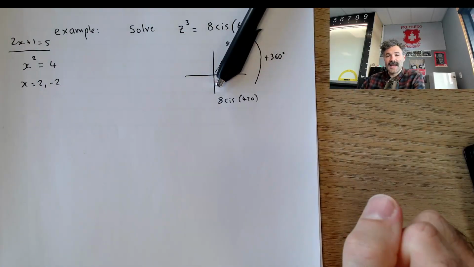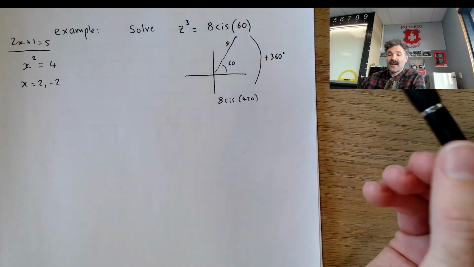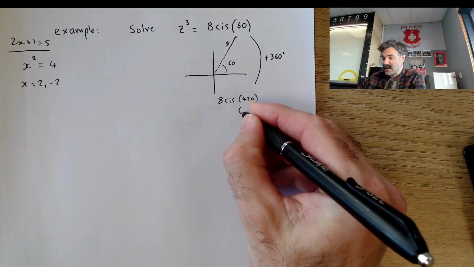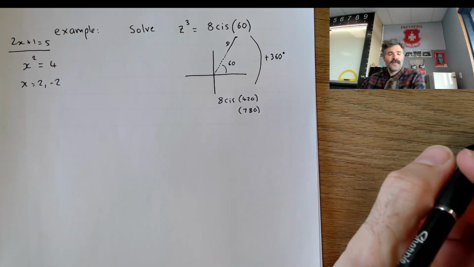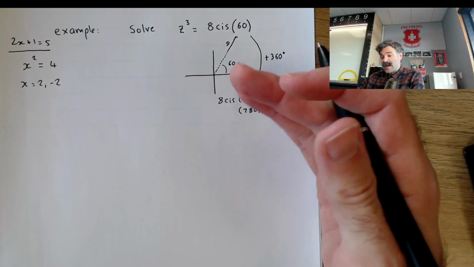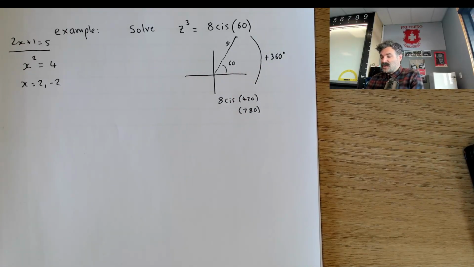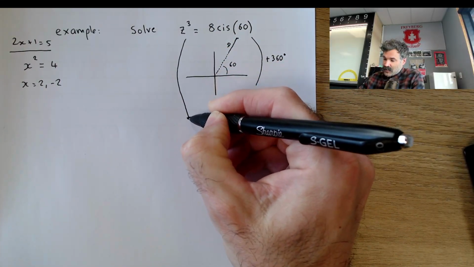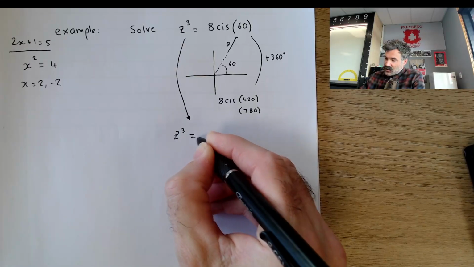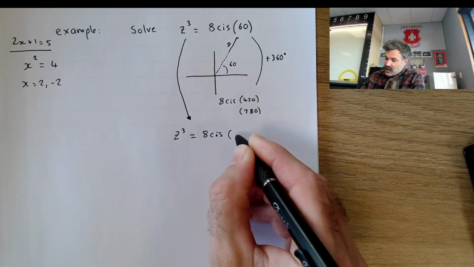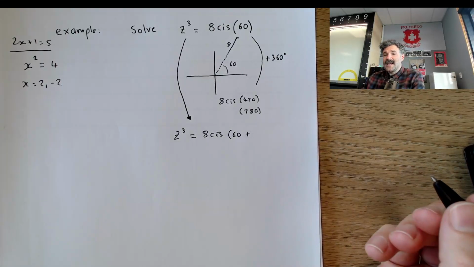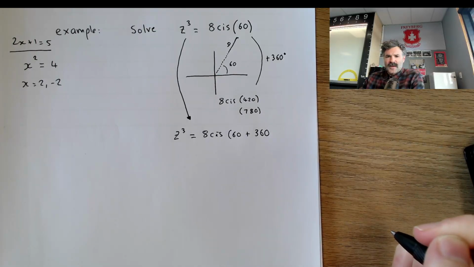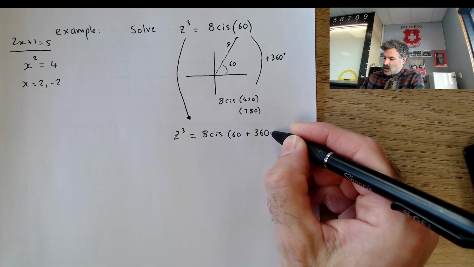As long as the distance is 8, I can add 360 onto this. I could do 2 full circles, so 720, and then plus that 60, so I could write 780 is also the same complex number, and actually infinitely many, just adding on 360. So the first thing we want to do is rewrite this as solving z cubed is equal to 8 cis of 60 plus any amount of 360 that suits you. So plus 360, we're going to call it k,